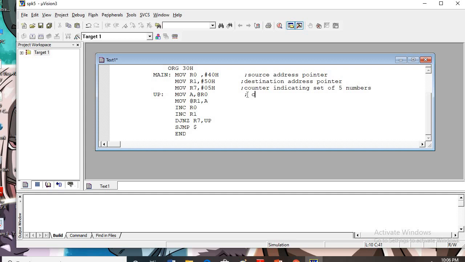Now copy data from source address to accumulator. Copy accumulator contents to destination.